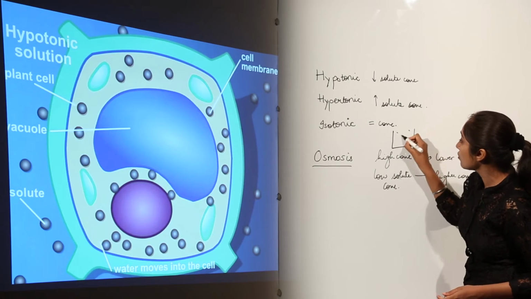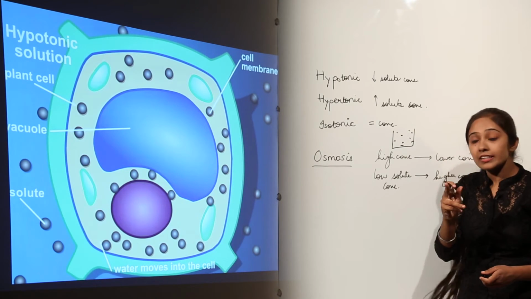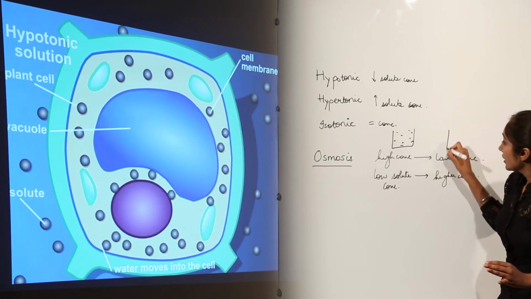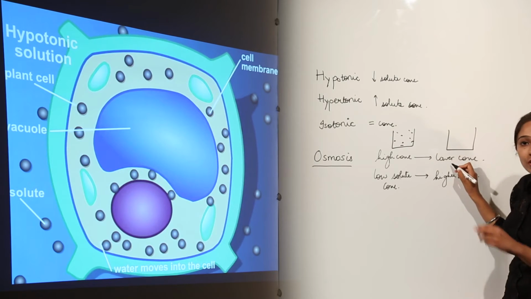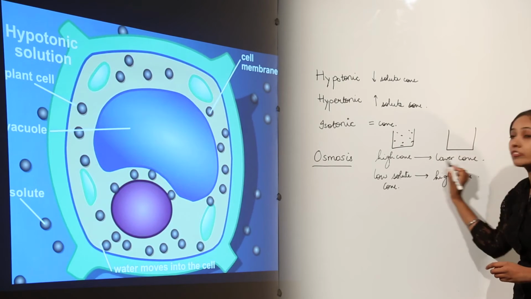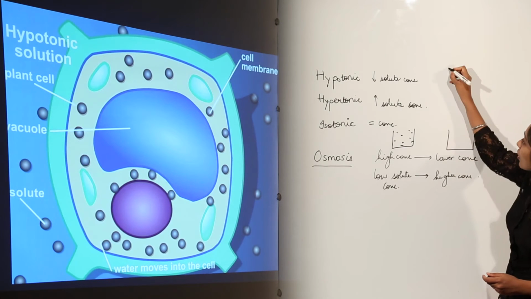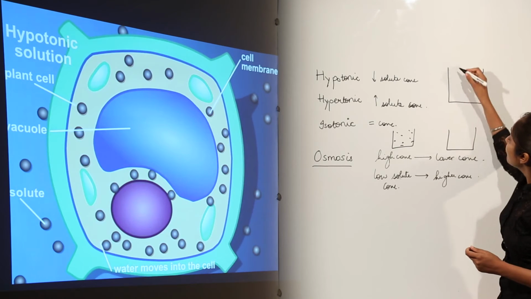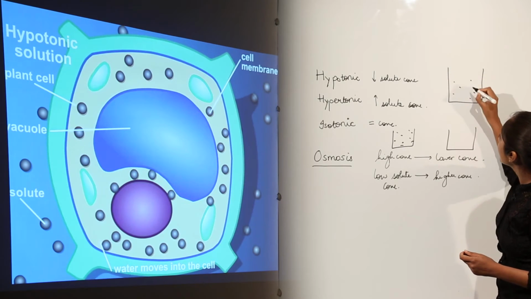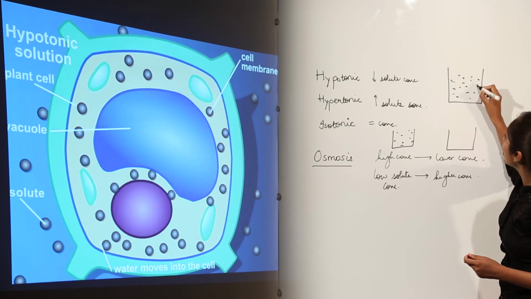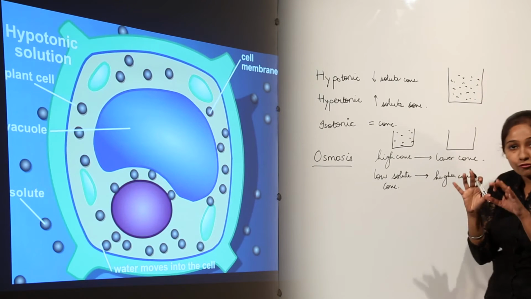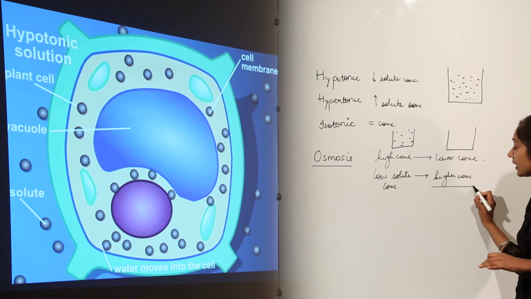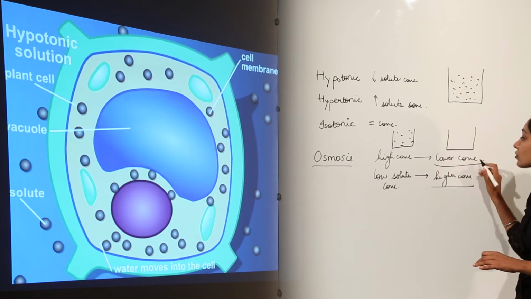You also have to remember that if the concentration of water is going to be high, obviously the solute concentration is going to be low. And if the water concentration is going to be lower, obviously the solute concentration is going to be higher. If we talk about a solution, we have a solvent and a solute. If we add solute to this solvent, this leads to a lower concentration of free water molecules. So the concentration of solute is higher and the concentration of water molecules is lower.